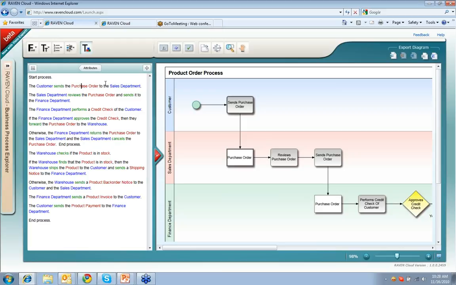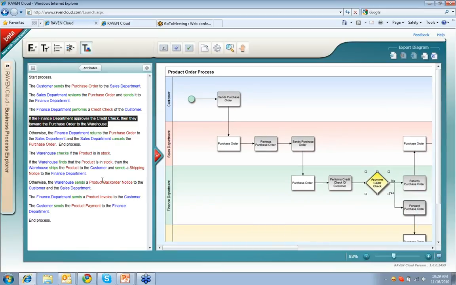If I click on a particular sentence here in the narrative, notice how it will highlight the corresponding steps in the diagram. So if I go into the sales department, it's talking about the sales department actor, which is right here, sending a purchase order right from that department to finance, where it's being received. They do a credit check, and they do a decision about whether that credit check is approved. All these steps, right, are being generated automatically from how you describe the process over here on the left-hand side,